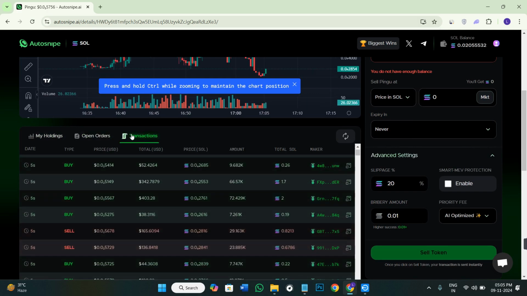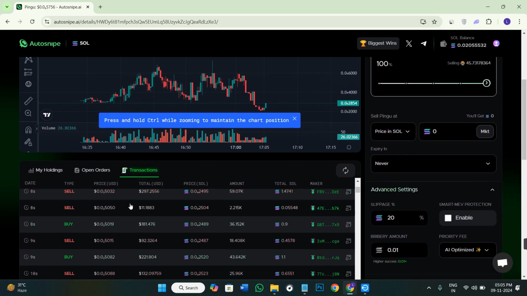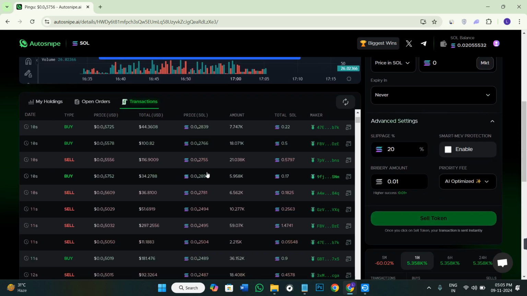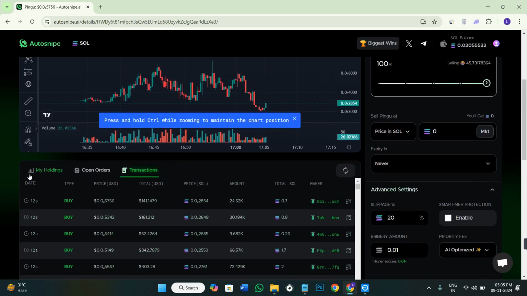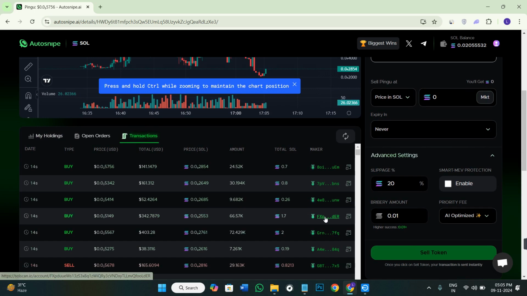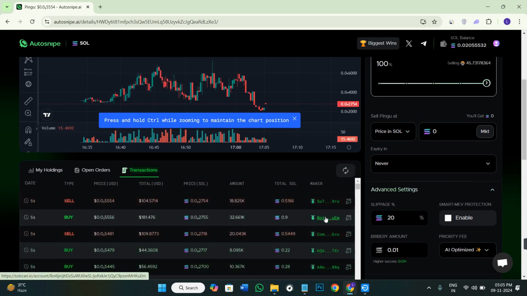For your transactions, you can click on the transactions option and you will be able to see all of the buys and sells of yours as well as of some other people. So this is how you can easily buy and sell meme coins